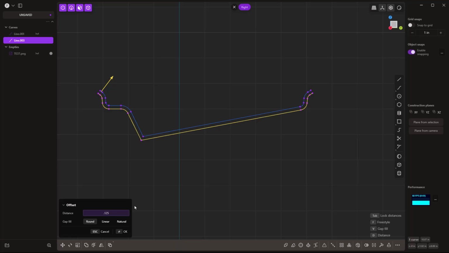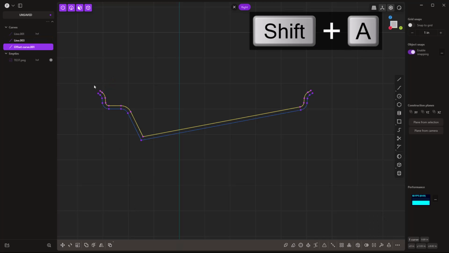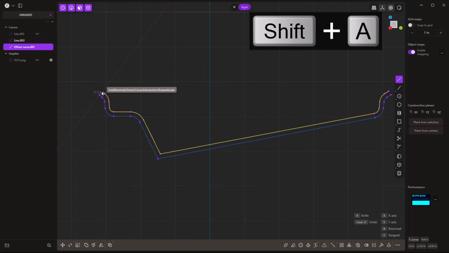Now you're going to find that if you're dealing with a forged or a cast rim, a lot of times the cross section here is not going to be consistent. There'll be thicker and thinner areas. If you're dealing with one of the barrels or hoops that has been rolled and formed and welded, then it's likely going to be a consistent thickness. But for us, I'm going to say 0.125 and then Shift A, and we're going to sort of cap this